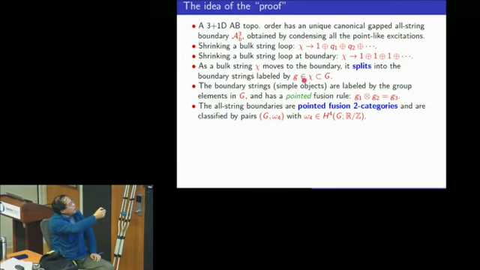So that really means that when the bulk string moves to the boundary, it is split into a direct sum of several boundary strings. Because this string, when you shrink, becomes several copies of identity trivial particles, it can be viewed as accidental degeneracy of several boundary strings. So actually, the shrinking of a boundary string can only give you identity. That means the boundary string has an internal degree of freedom of 1. So there's no non-trivial internal degree of freedom. Or more formally, we say it has quantum dimension 1, because shrinking of a loop gives you identity.